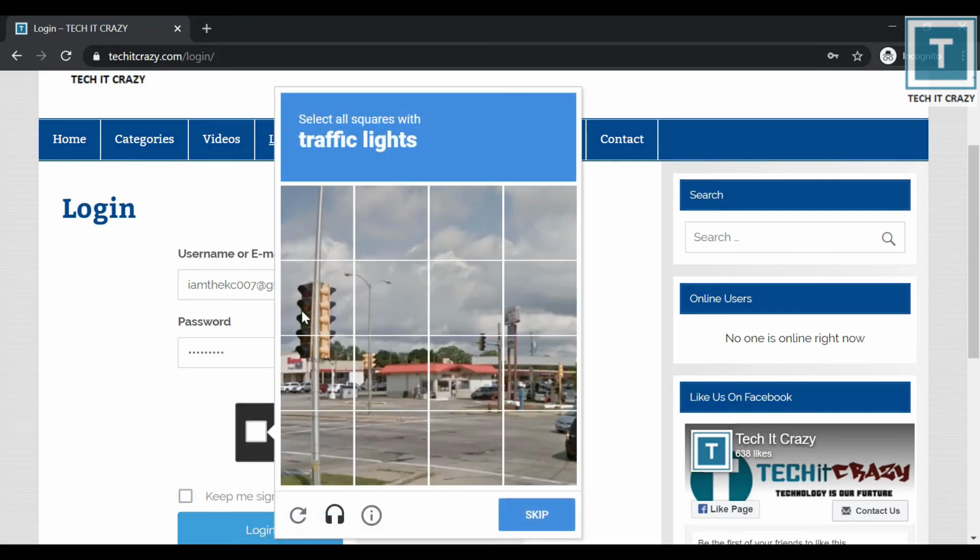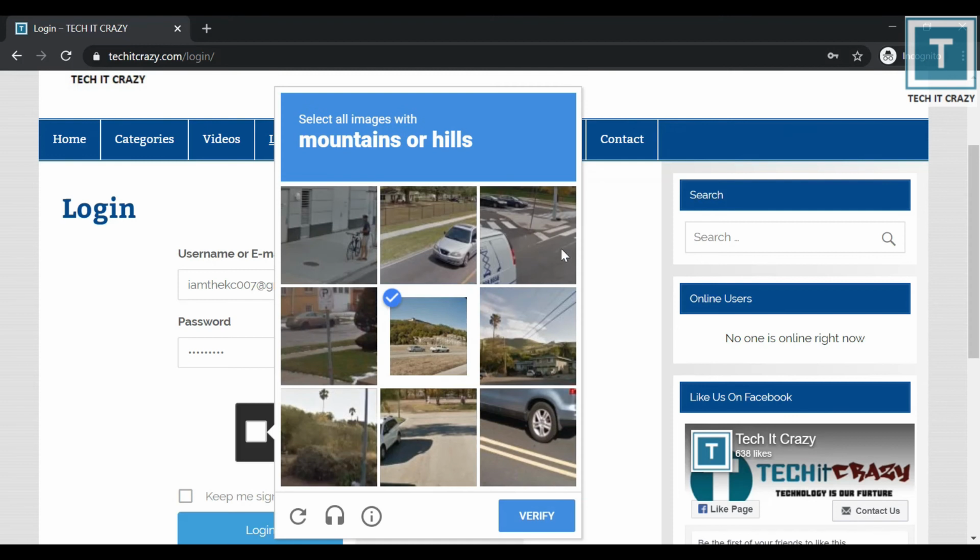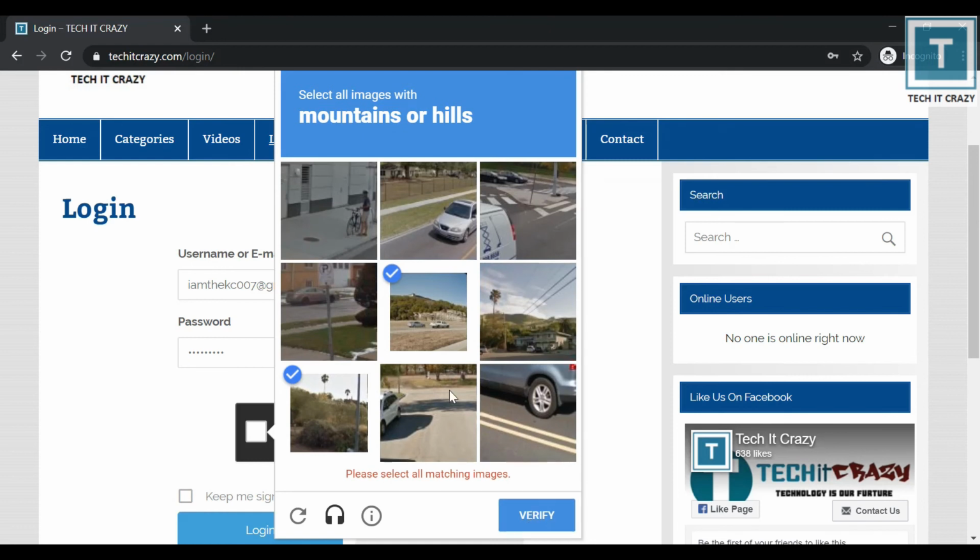Perfect. It is asking to fill these images. I'm just verifying this. So I have given some wrong information. So let me give another information. I think I have given. Again, it's wrong.